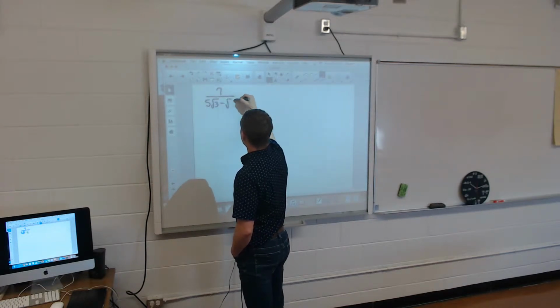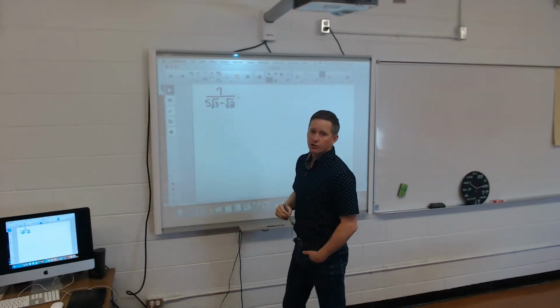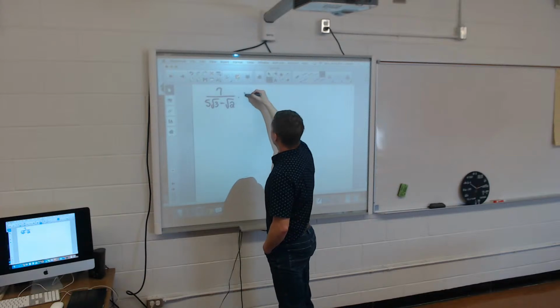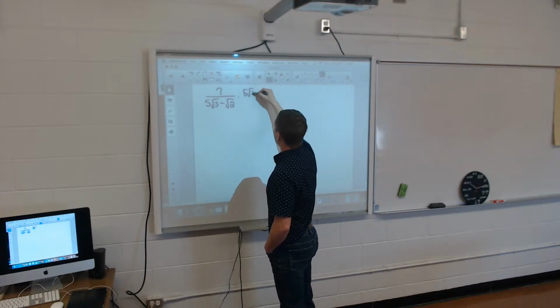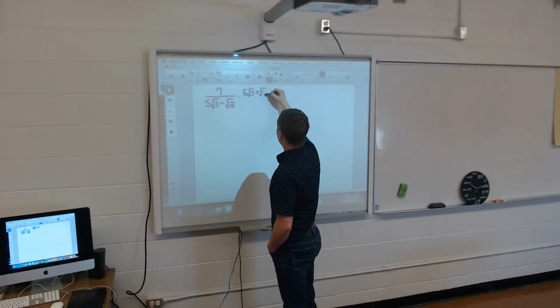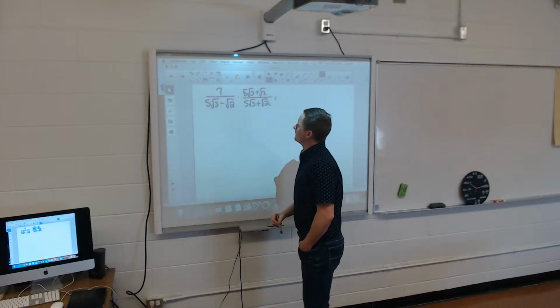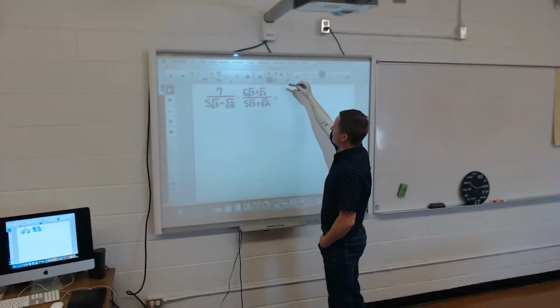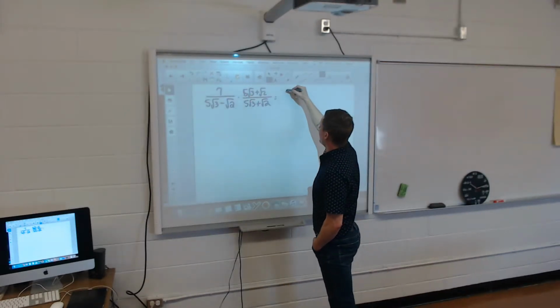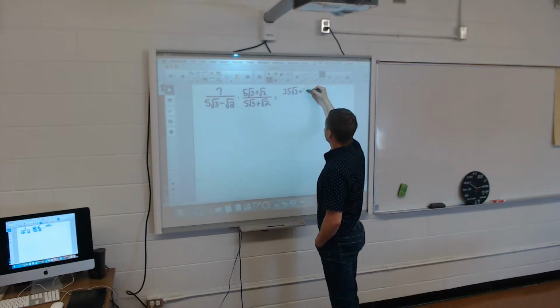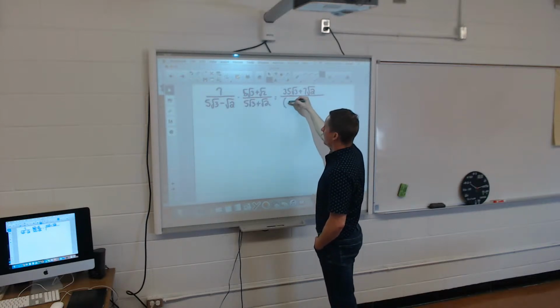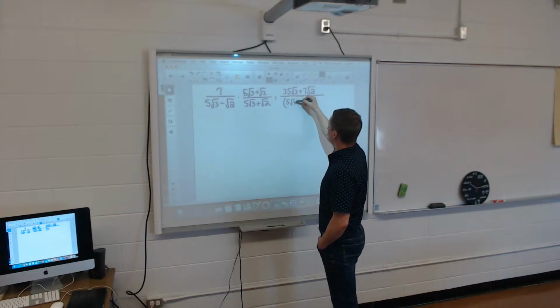So let's subtract root 2. So I'm going to multiply it by 5 root 3 plus root 2 over 5 root 3 plus root 2. Okay, so that gives me 7 times 5, 35 root 3 plus 7 root 2. And on the bottom, I have 5 root 3